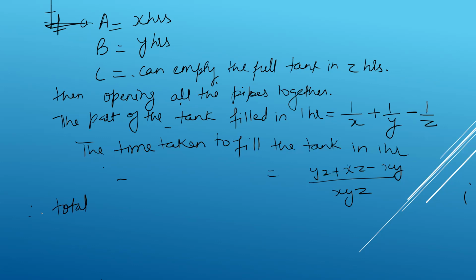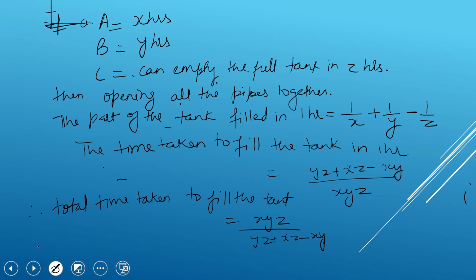So therefore, total time taken to fill the tank will be equal to xyz over yz plus xz minus xy. So ये है वो formulas which we are going to use in the concept of pipes and cisterns in the